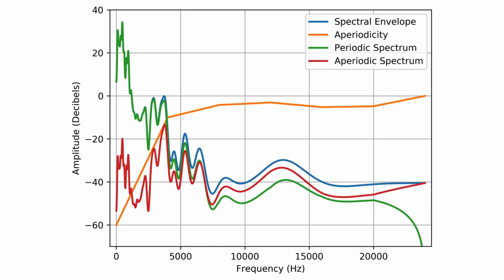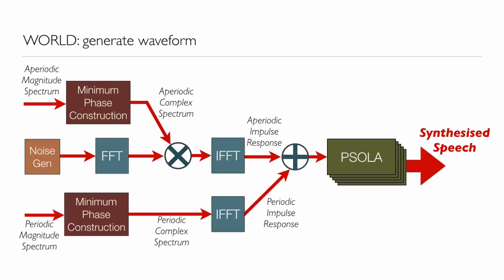And another way, the periodic spectrum has less energy in low frequencies and more energy in high frequencies. Okay, so this is the standard case of what happened with voiced frames. So when the frame is voiced, the periodic spectrum has more energy in low and less energy in high frequencies. Okay, so we have these two vectors, the aperiodic spectrum and the periodic spectrum, and then WORLD, as they are